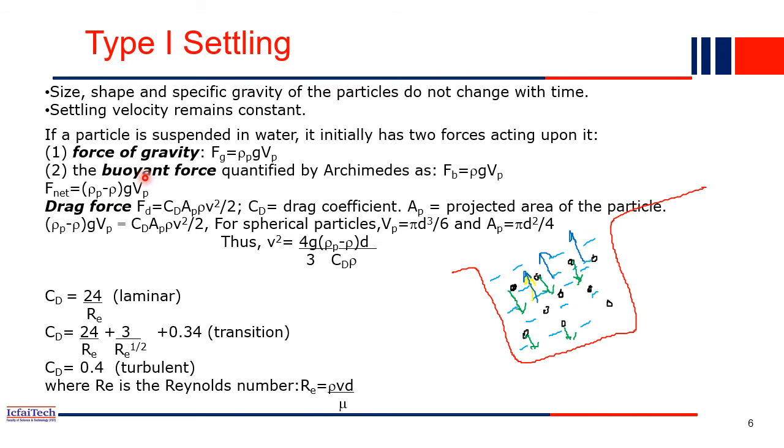So depending on these forces, we can check whether the particle will be settling or not. Once the particle starts settling, for example, when this F net value is positive, that means the mass is more, rho p is more compared to this rho. So in that case, what will happen? The particle will simply settle down, right? Because the gravity force is more.